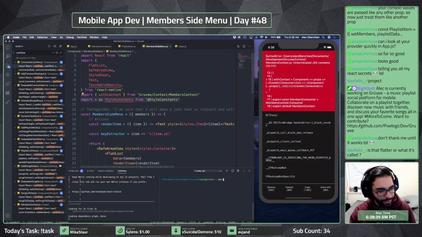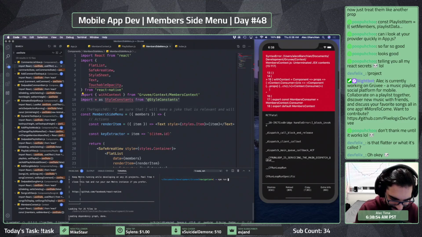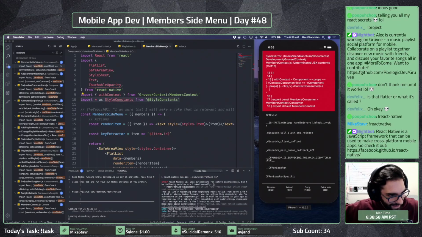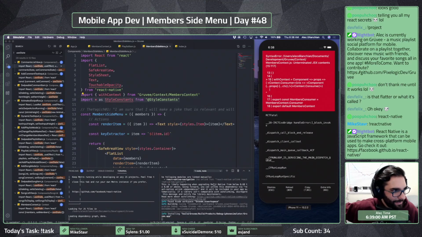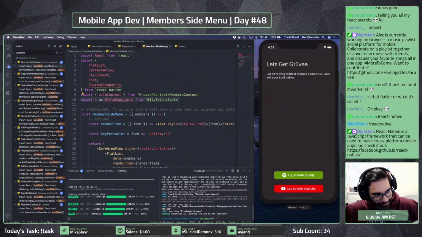Hey, Poopa, can you do me a favor? Can you do exclamation point React Native? You just type that in chat. I'd appreciate it. Thank you, sir. Thank you, everyone. Appreciate it. Yeah, right there for you, Felix, in case you want to know a little bit more. It's just like the official docs from Facebook.